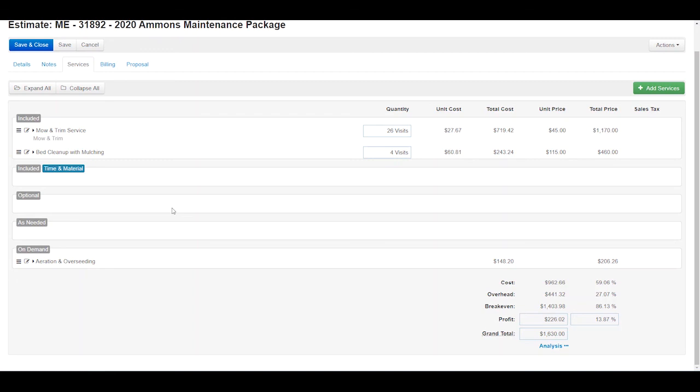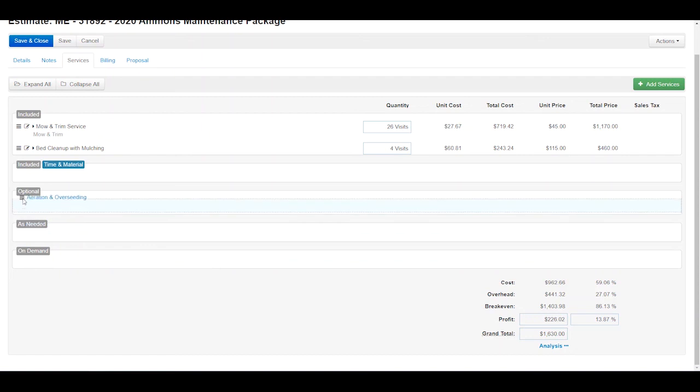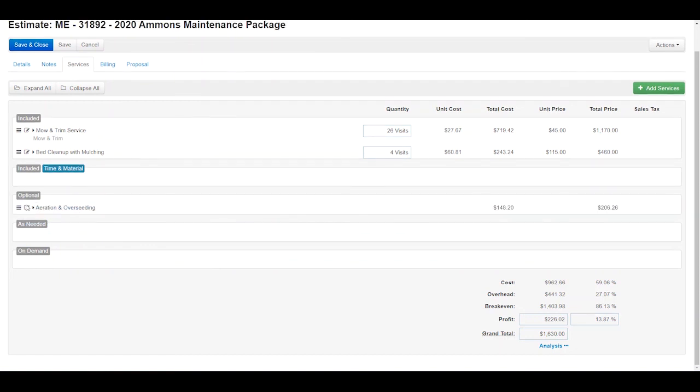Now, I'll take this aeration and I'll drag it into optional. Again, I could have gone in and edited as well. So now it's an optional service. Now, a nice thing you can do as well is that if you have different levels of aeration or different levels of fertilization or different levels of a particular service that you want to offer, one thing you can do,